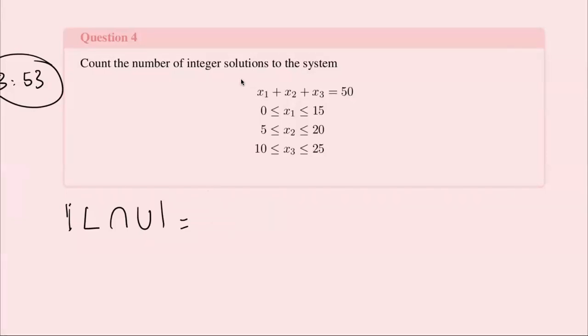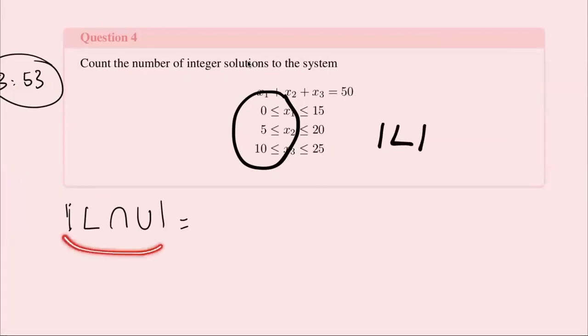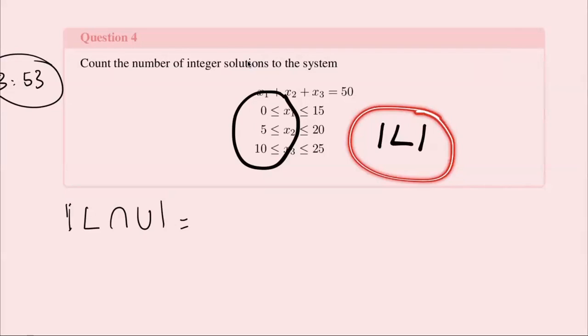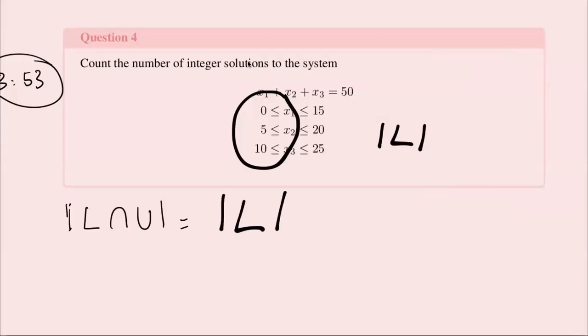Okay. If I only have restriction in the lower bound, then it will be easy, right? Because it's basically just question 2. I can calculate it very easily. So we want to relate the number of solutions that satisfy both lower bound and upper bound to the number of solutions that satisfy lower bound only. Then we can say that is equal to number of solutions that satisfy lower bound, subtract number of solutions that satisfy lower bound and not satisfied upper bound,